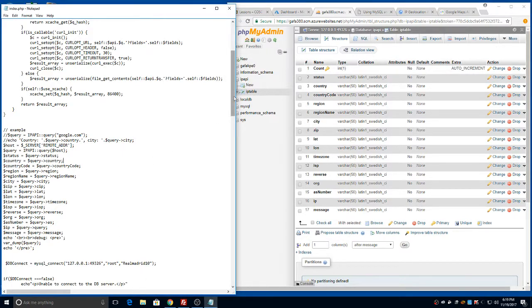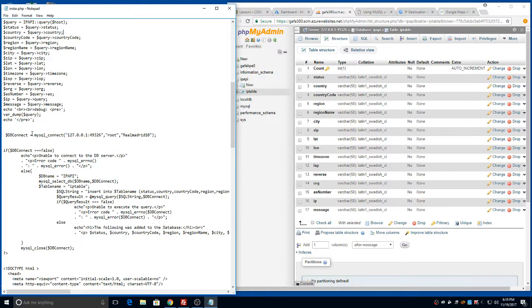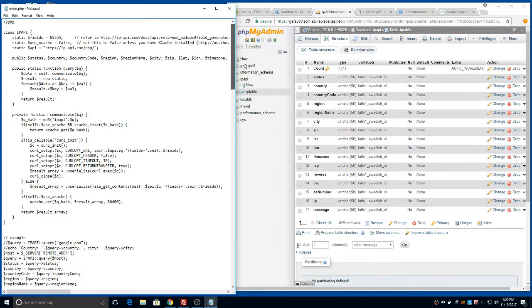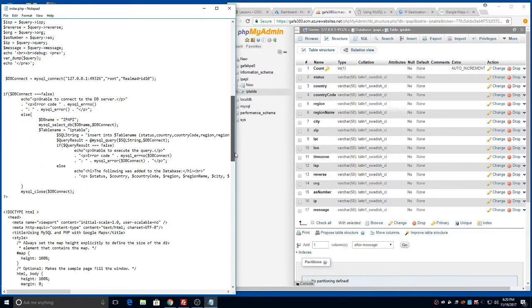So I went back to my code to create a database connection. Here's my database connection, and I also created a variable that has SQL syntax to submit the corresponding information for this variable in this column. These are the SQL syntax in order for it to correspond to what we have right here. And after that, here is my